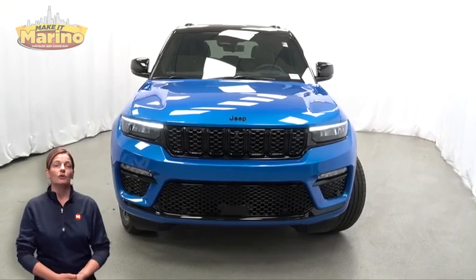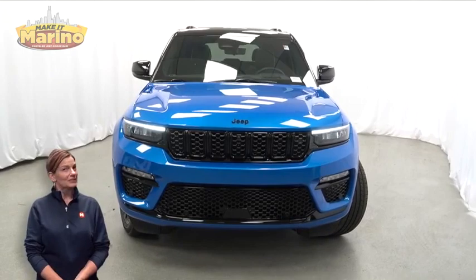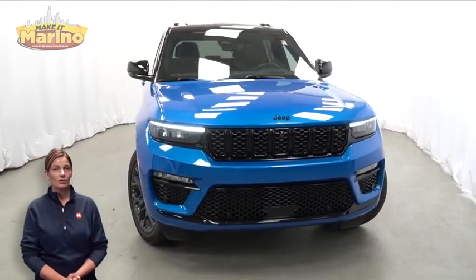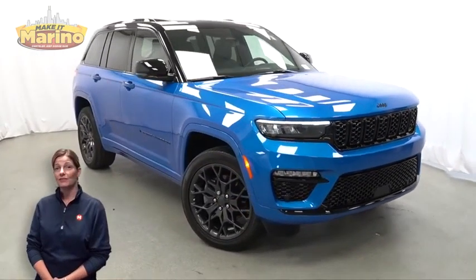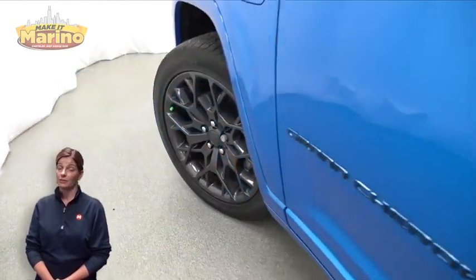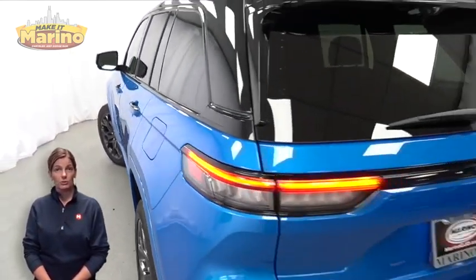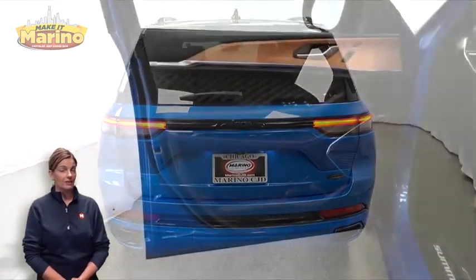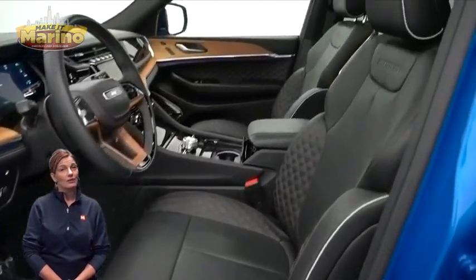Looking for a highly equipped SUV with all the right options and reliability? We'll take a look at this 2023 Jeep Grand Cherokee Summit Reserve 4xe in Hydro Blue. With night vision with pedestrian and animal detection, heads-up display, 21-inch aluminum wheels, trailer tow package, heated and ventilated front seating, heated steering wheel, 12,000 miles on the odometer,